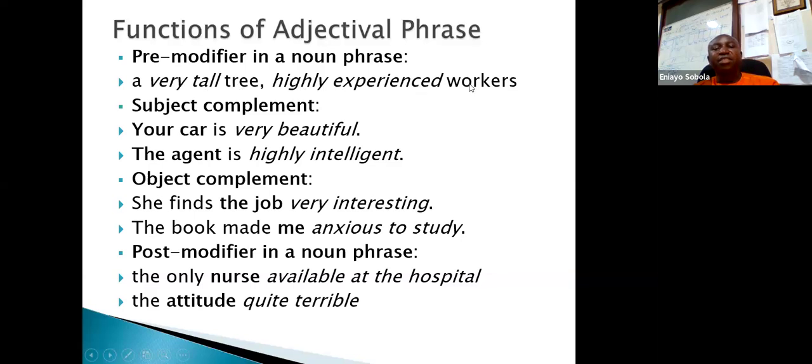Highly experienced workers. Highly experienced is an adjectival phrase which premodifies the noun workers. It can also function as subject complement in the sentence structure. For example,